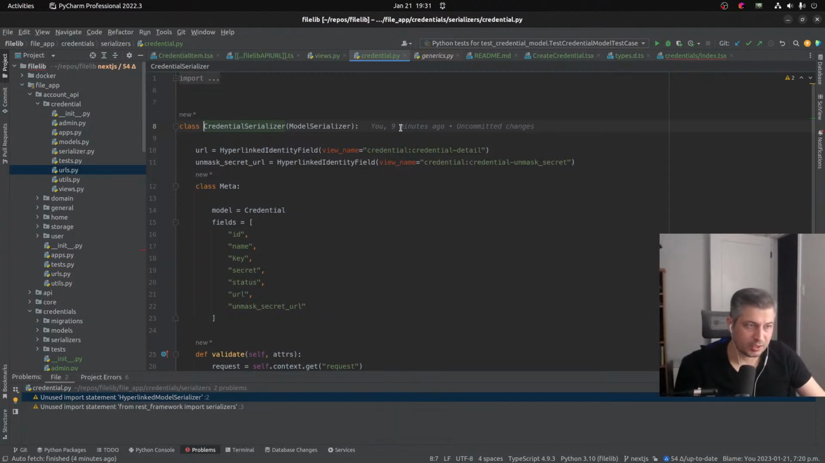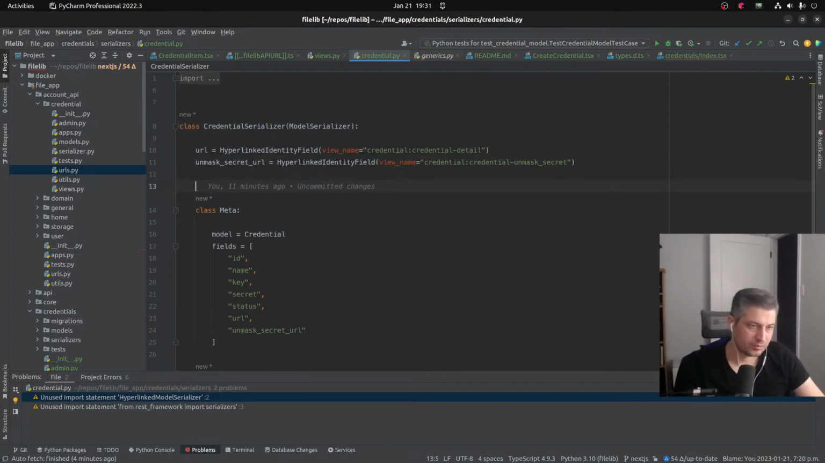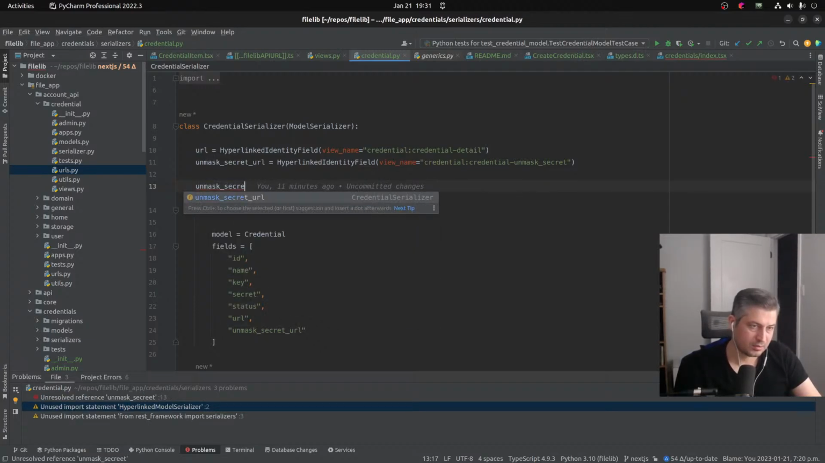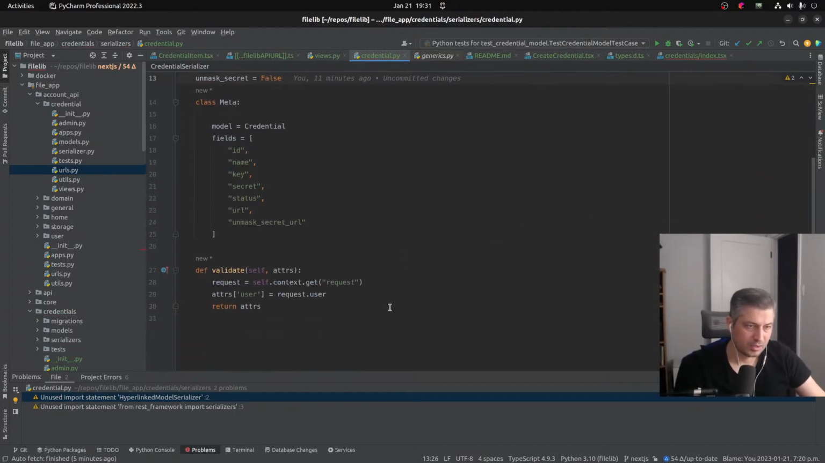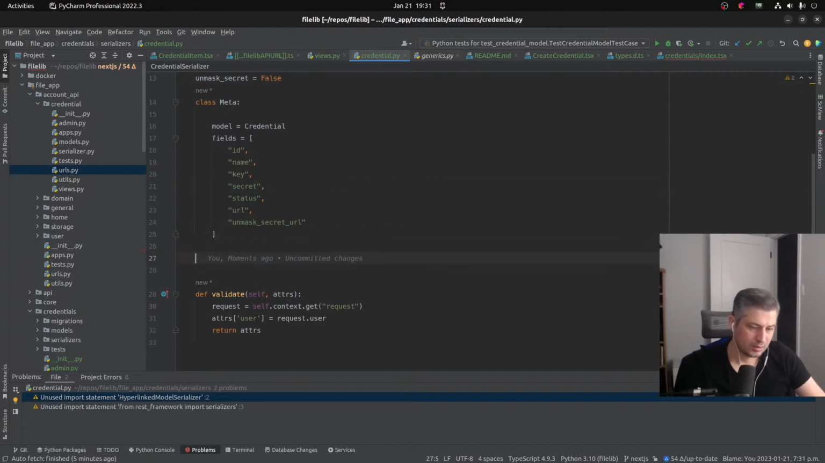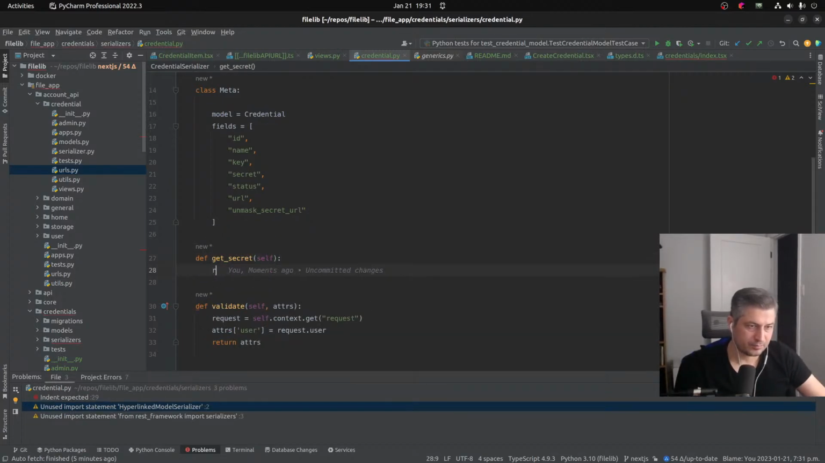Okay, I'll do this here. Model is credential, but the thing is, if you add a field here, then it's just annoying as heck. If I say unmask secret equals, by default is false, right? So if I do secret here, so def get secret, return,